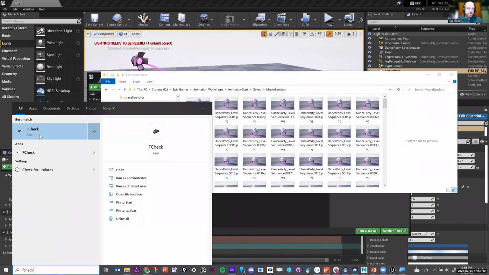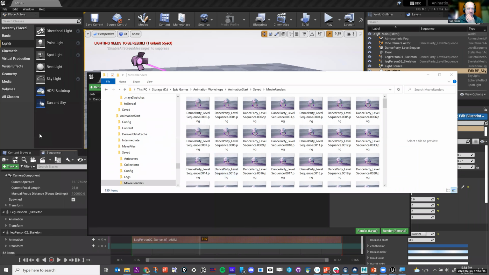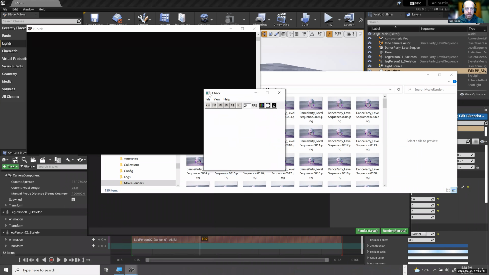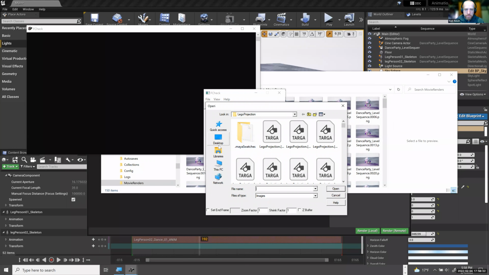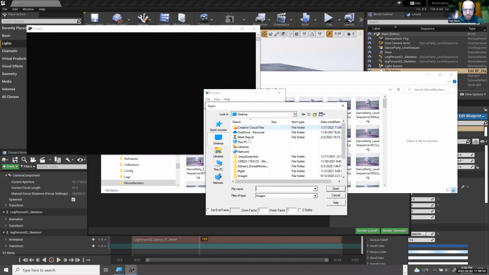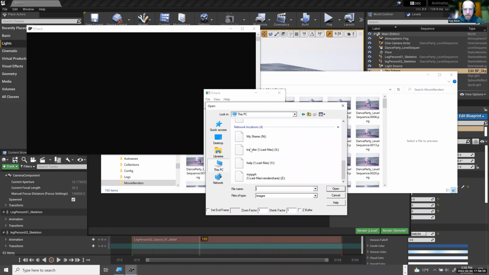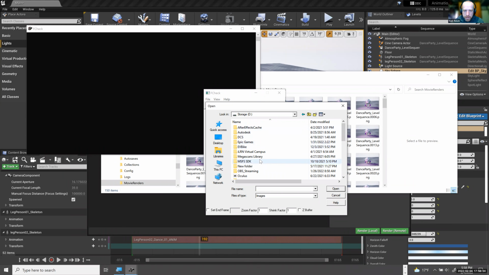Okay, so it rendered all the things, and if I open this in FCheck, which is a Maya file thing, I go into file, and then I want to open an animation. I'm going to go into my desktop, and where did I save this? I saved it under the D drive, under Epic Games, under Animation Workshops and Animation Start.